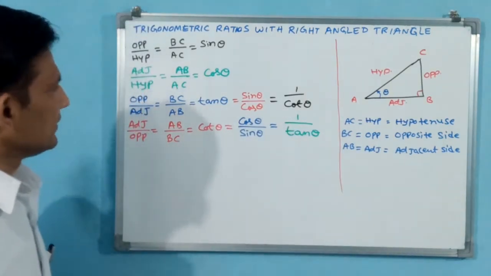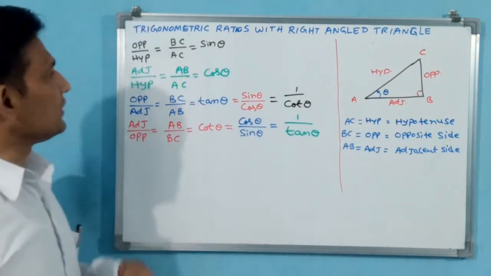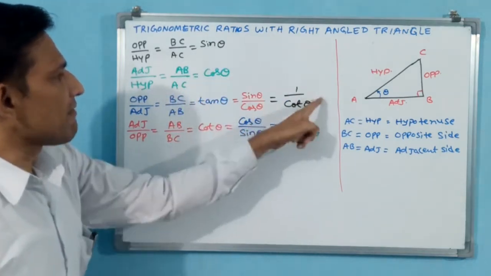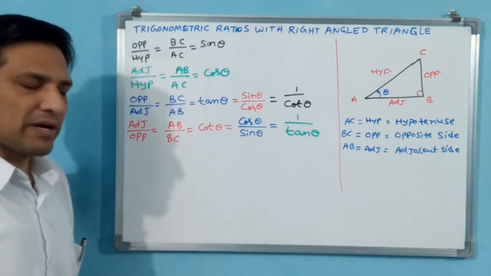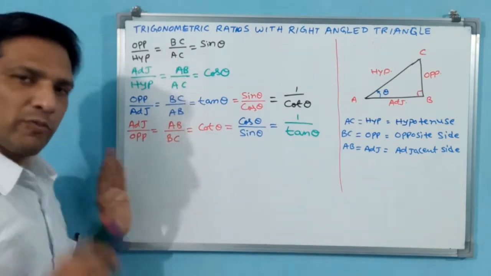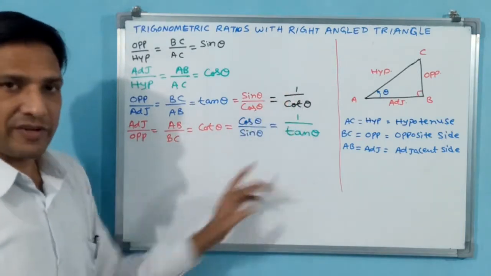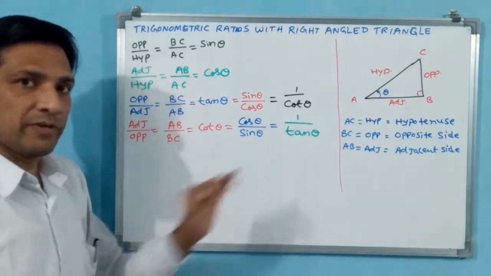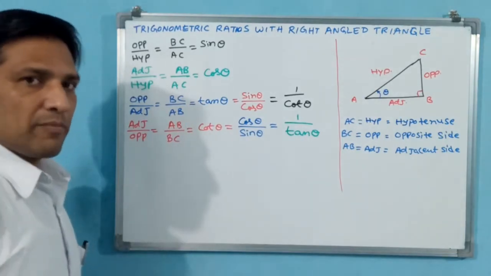Okay. Now how many ratios have come? You see, 1, 2, 3, 4, 5, 6, 7, 8. 8 ratios have come. But original ratios are 4 only. 1, 2, 3, 4 only original ratios. But these are supplementary ratios. These are also very important, because these are also essential for your solutions of problems and all.